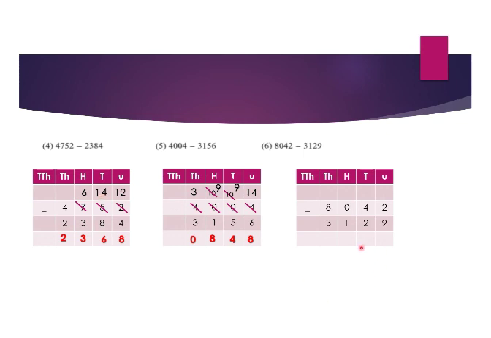Now the sixth one, 8042 minus 3129. So let's see whether we can subtract this 9 from this 2. Not possible. We'll have to borrow from this tens place. So I'll cut down 4 and it will become 3. I'll add 10 to this 2. It will become 12. 12 minus 9, 3. Now 3 minus 2, very easy one.